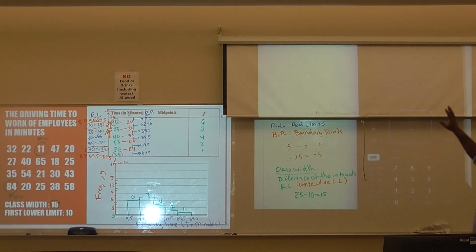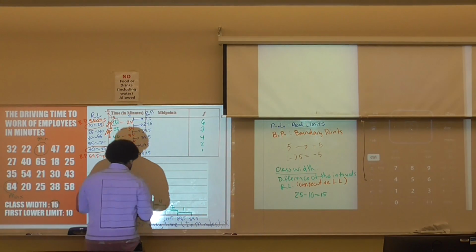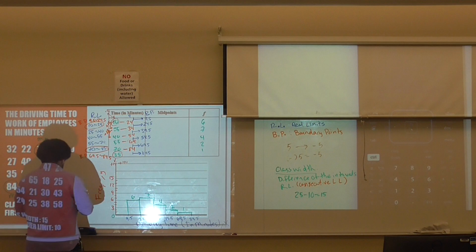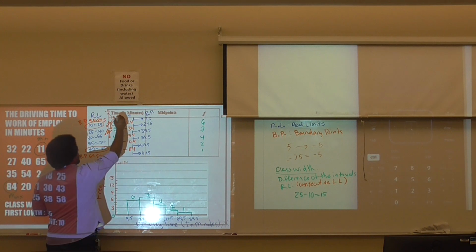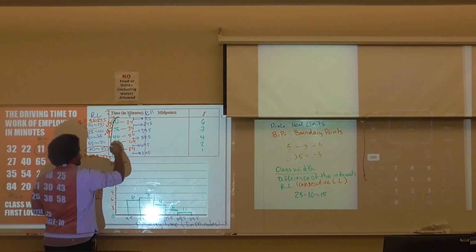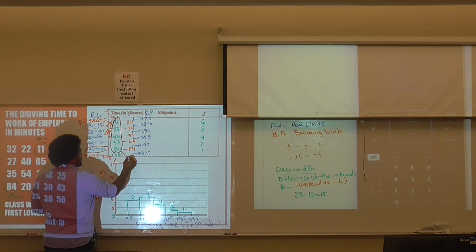So let's go ahead and I'll put the list in here. What I'm going to do, I should have noted it earlier, is let the lower limits that I'm going to circle, I'll get some black, I haven't used black yet. I'm going to get these lower limits right here, the ones that are in the interval, and I'm going to have that be list 2 this time. So I'm going to